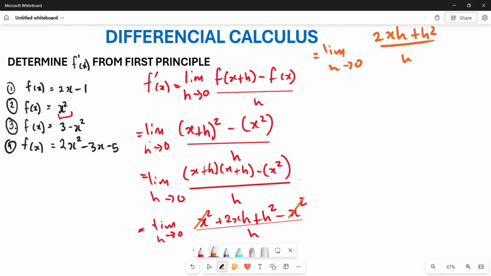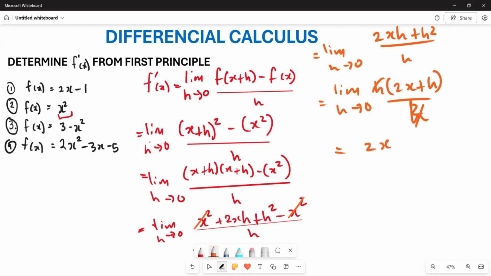Now, what is it that you're going to have here? Now you're going to take out h as a common factor, right? So which means this is going to be the same as your limit as h approaches 0 of h into 2x plus h over h. And what is going to be this? The h and the h are going to cancel each other, which means the answer that you are going to have here is going to be